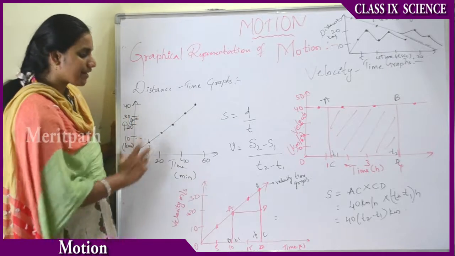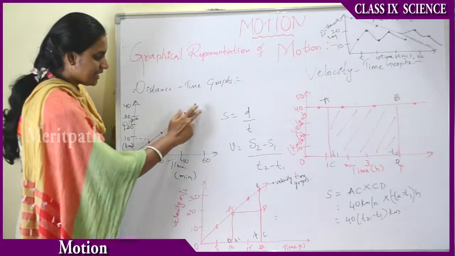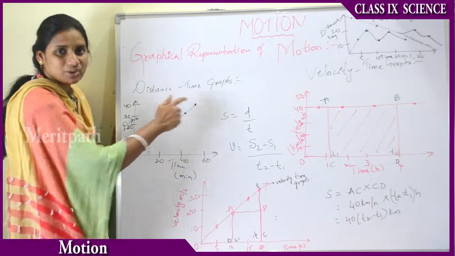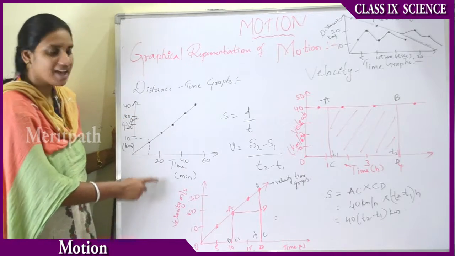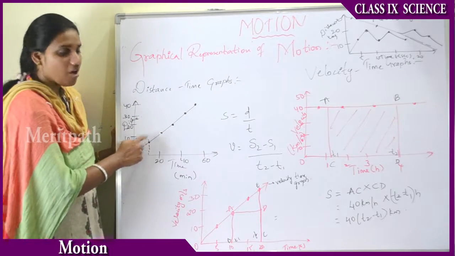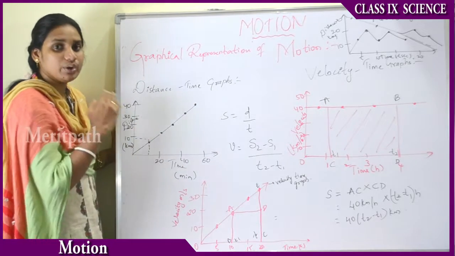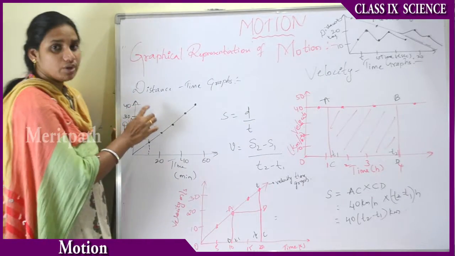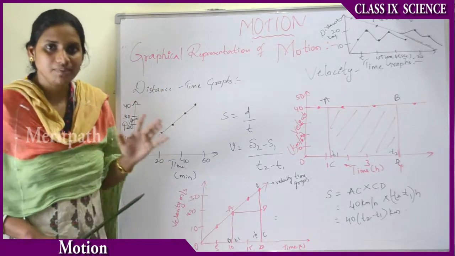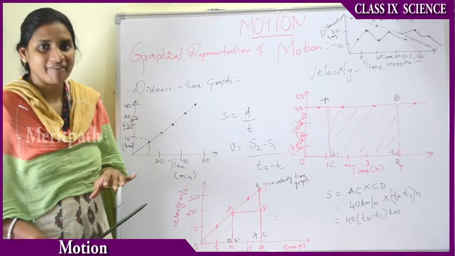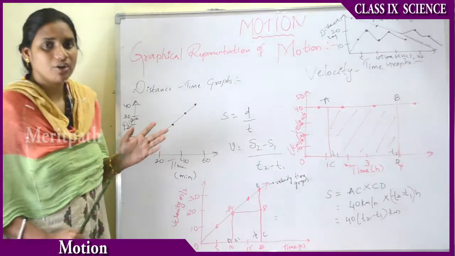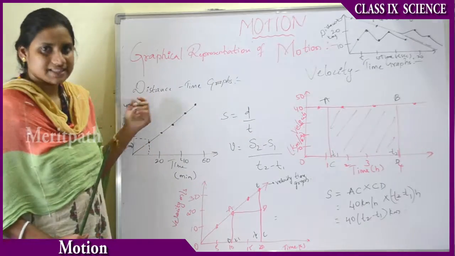Thus we can plot the graph, and we can see that the graph forms a straight line passing through the origin between the x and y axes. Therefore, we can say the distance-time graph for this particular object shows uniform motion. Any uniform object will have a straight line passing through the origin. It can be uniform acceleration, uniform velocity or uniform distance.